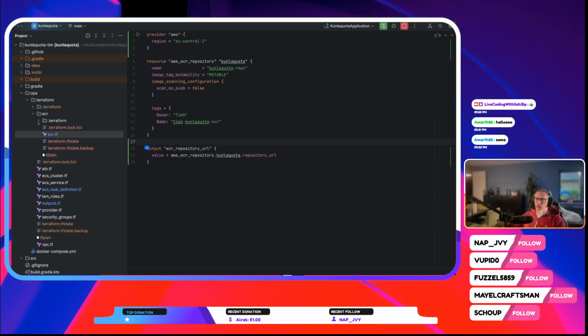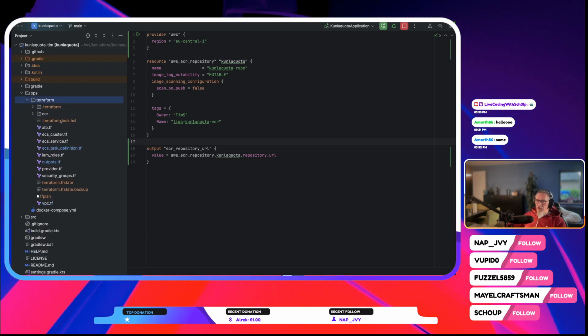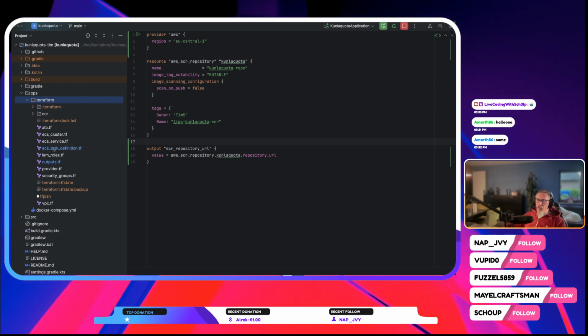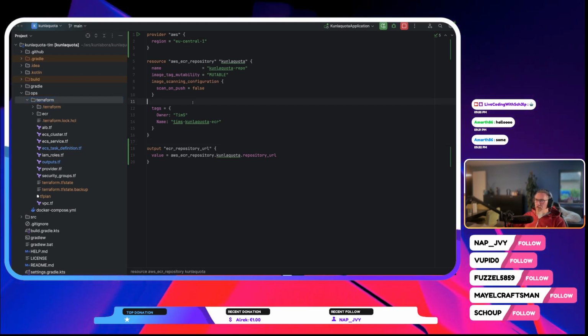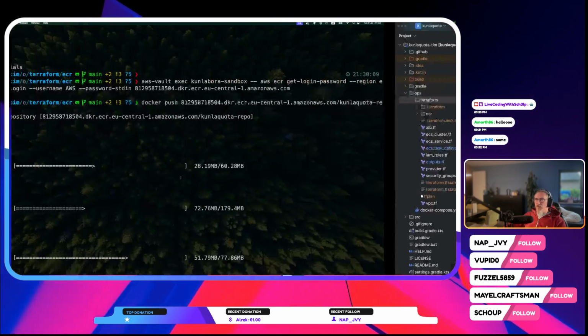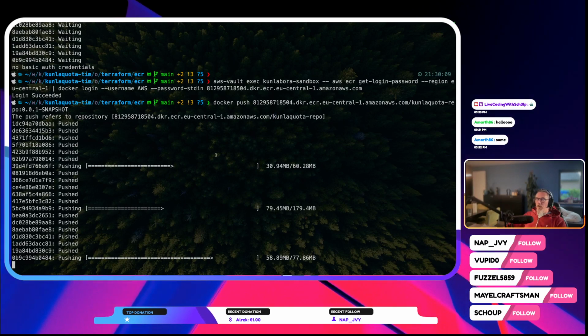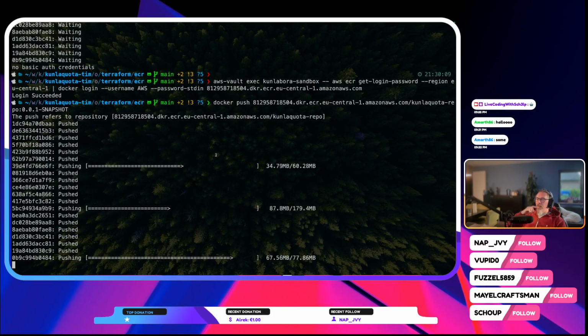And I put it in a different folder because I don't want that when I destroy something in the main Terraform folder, my Docker registry is deleted or removed, because otherwise I will end up in this chicken and egg problem where my Terraform apply